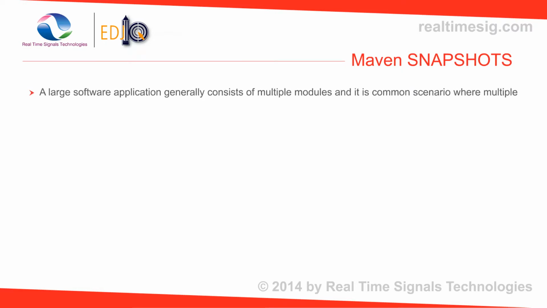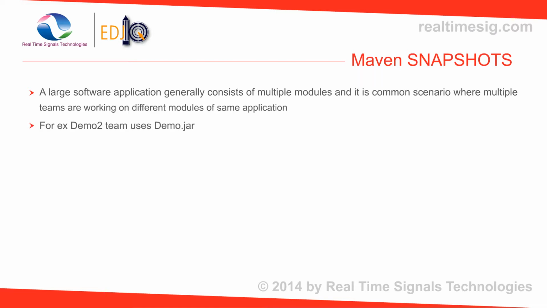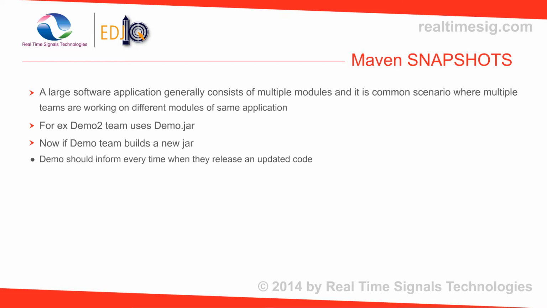Now let's get deeper into snapshots. A large software application generally consists of multiple modules, and it is a common scenario where multiple teams are working on different modules of the same application. For example, consider a team is working on the front end of the application as the AppUI project, appui.jar:1.0, and they are using the data service project,